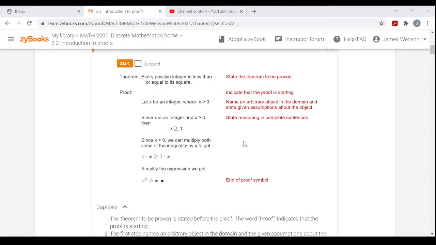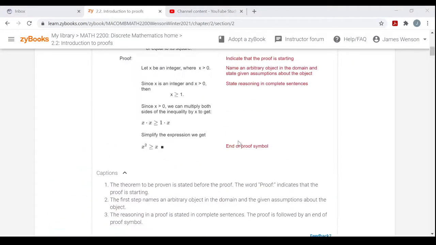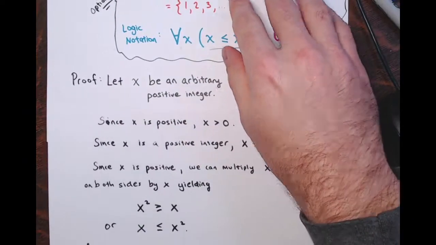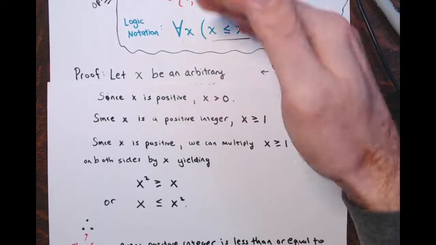We'll see other versions of proofs called indirect proofs, proofs by contrapositive, proof by contradiction, proof by cases. We'll see lots of different proof methods in the coming sections of Chapter 2. All right, but hopefully you got the structure of a proof down. Even though it's a simpler proof, the structure of the proof I have written here, that should be the way you